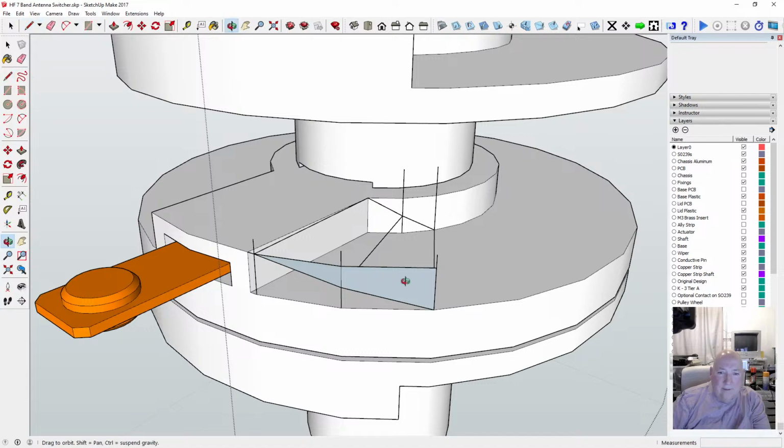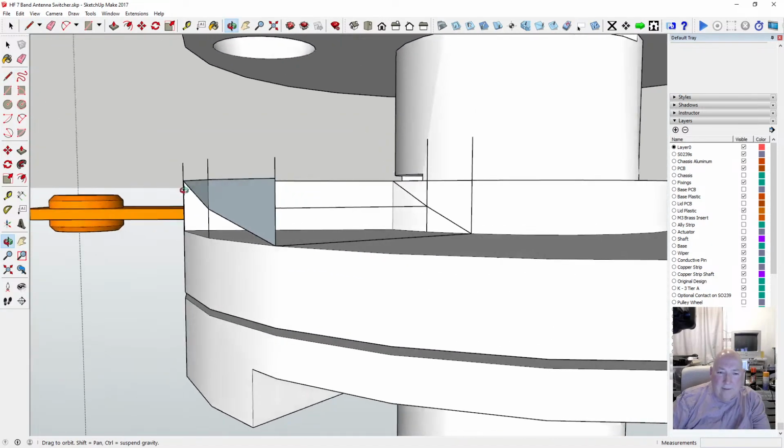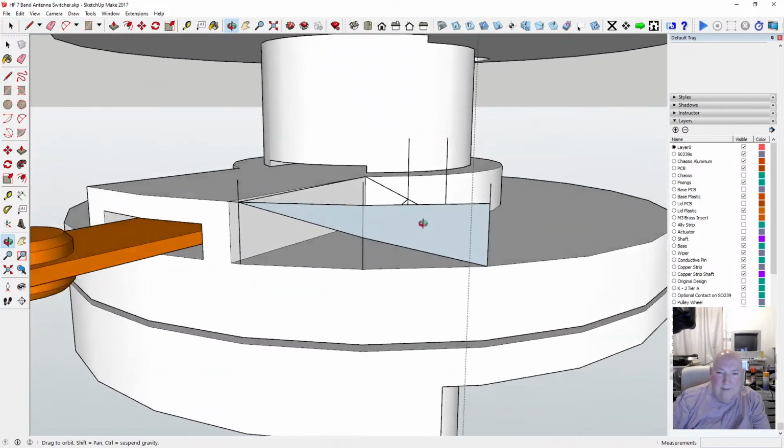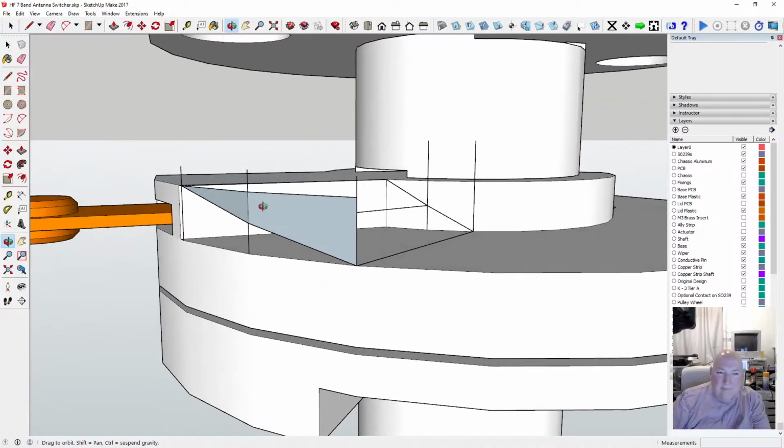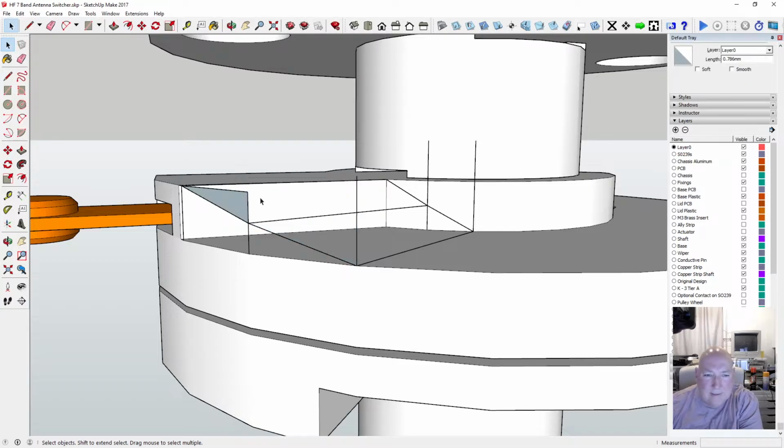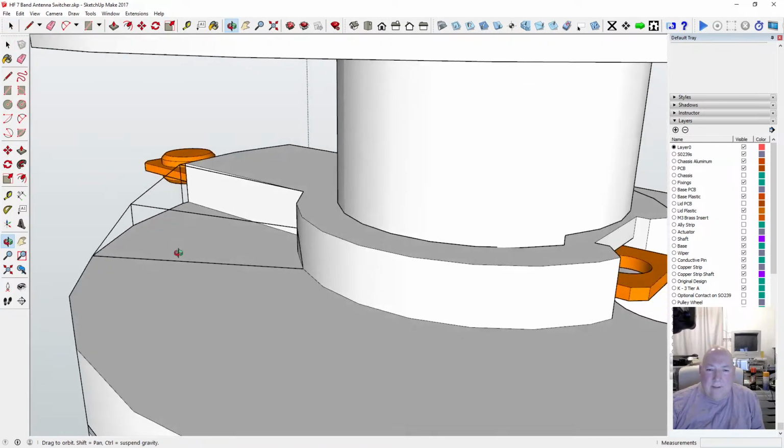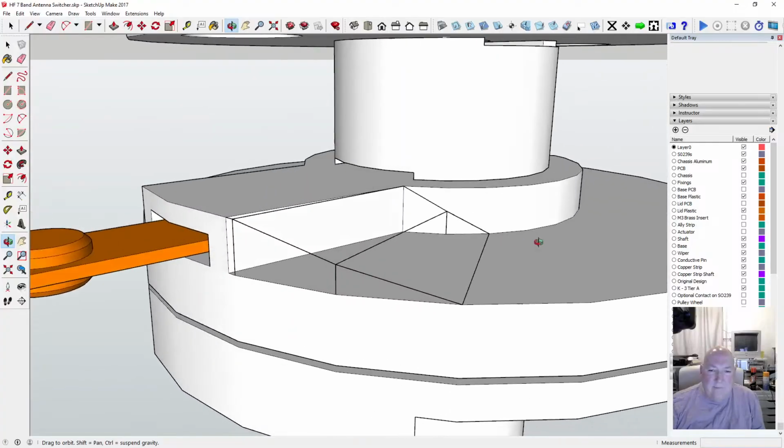Right, we're still not forming anything. Yeah, so then we can get rid of that, that, and that, and that, and that. Okay, so we've got the shape going around the bend. Okay, fair play.